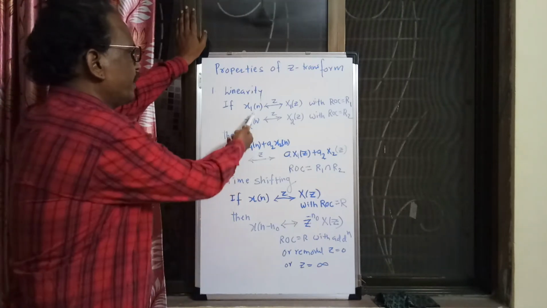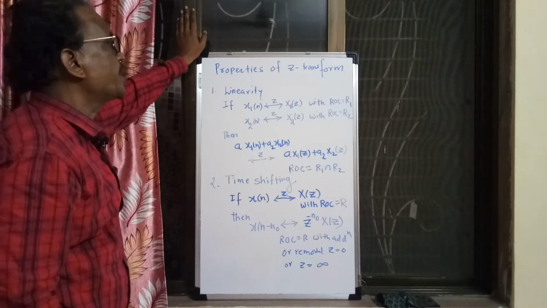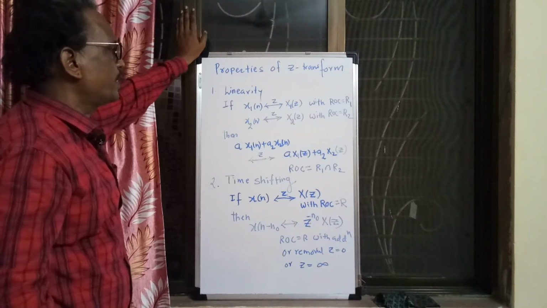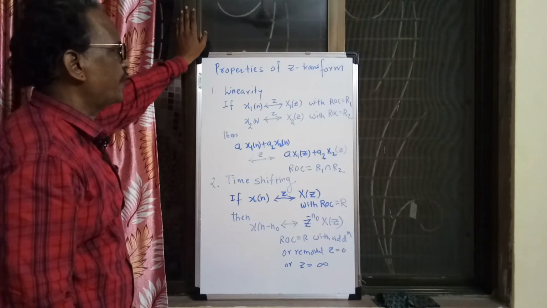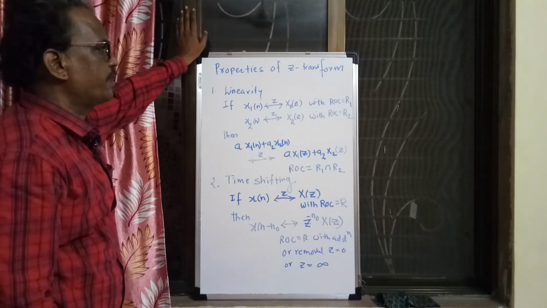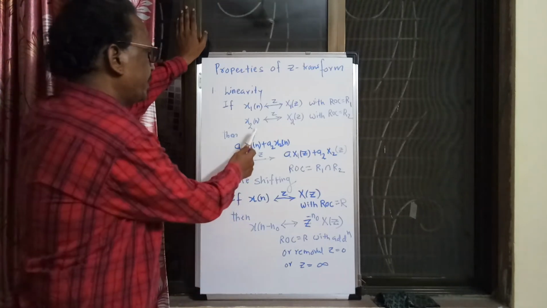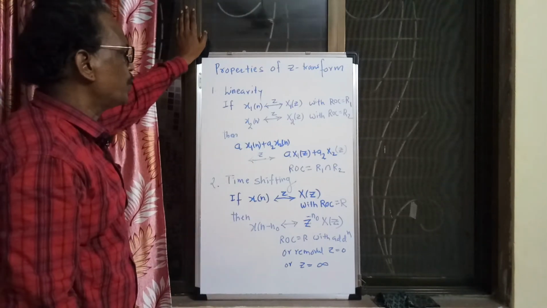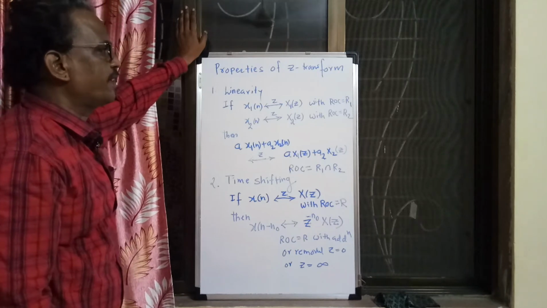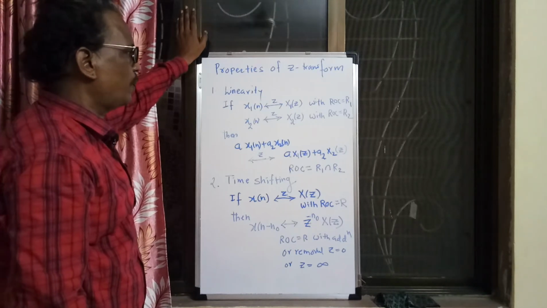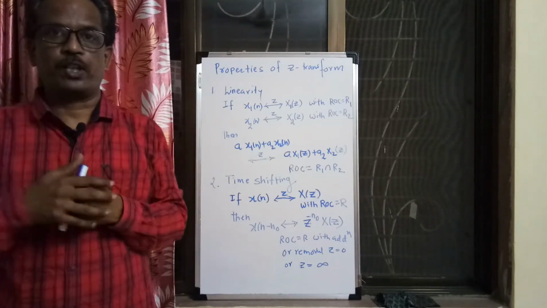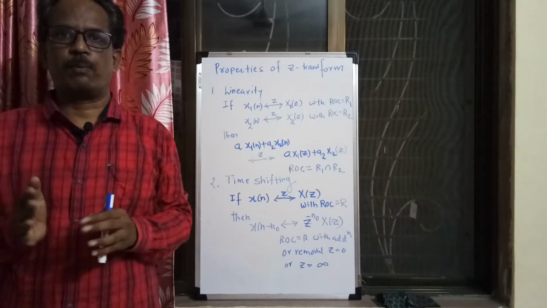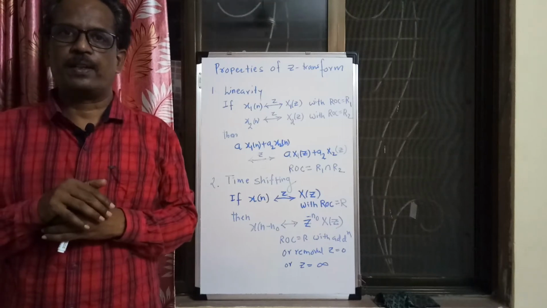So we can have, let us say, x1[n] equal to 3 raised to n u[n], then the Z transform will be 1 divided by 1 minus 3 Z inverse, and the ROC will be mod of Z greater than 3. And here, suppose I say x2[n] is (1/2) raised to n u[n], so the ROC is greater than 1/2 and the Z transform is 1 divided by 1 minus (1/2) Z inverse. So whatever is the common region, one is saying mod of Z is greater than 1/2, the other is saying mod of Z is greater than 3.